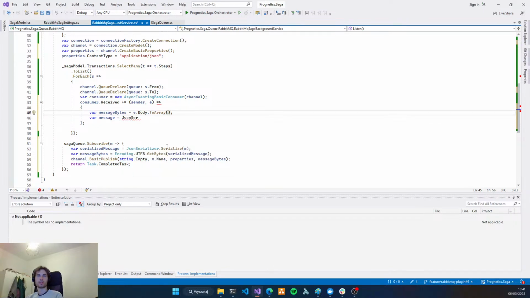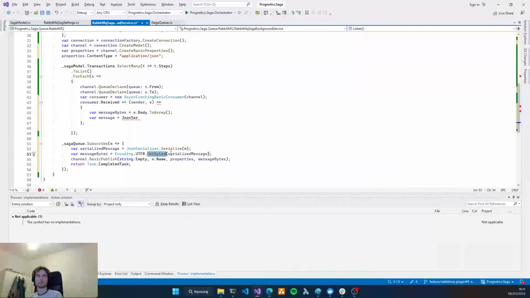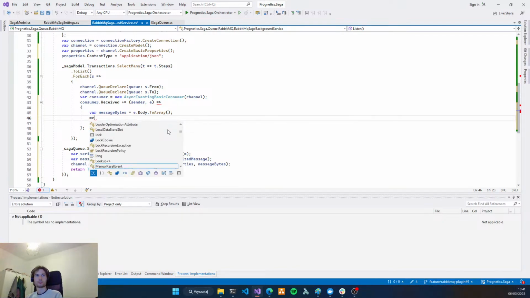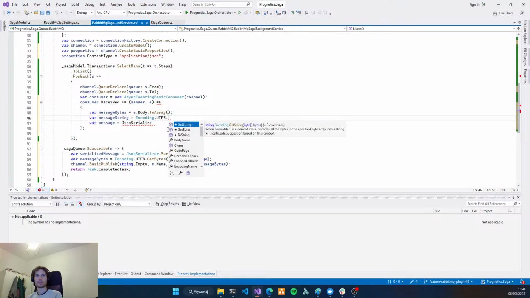First, okay, so we realize we should get a string from this. So message string, Encoding.UTF8.GetString.